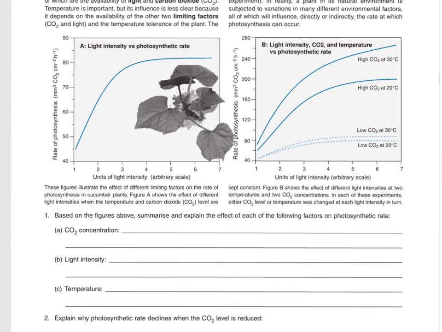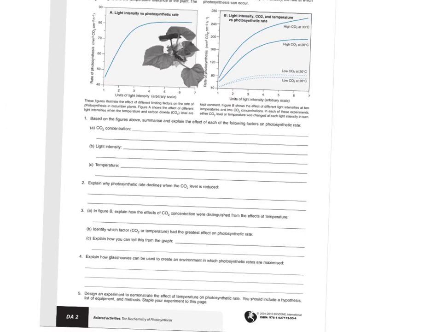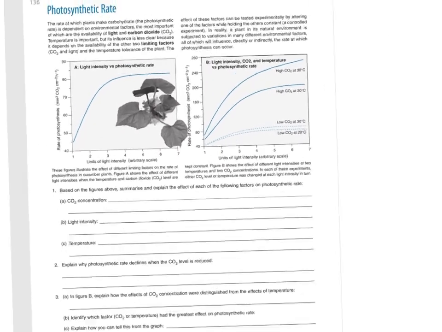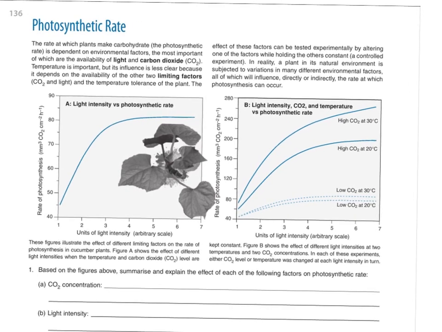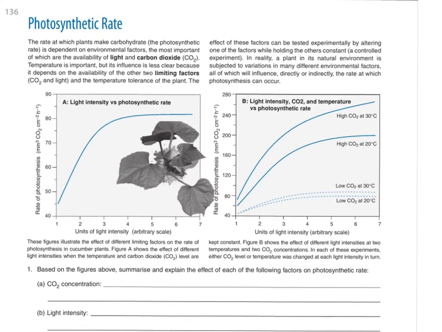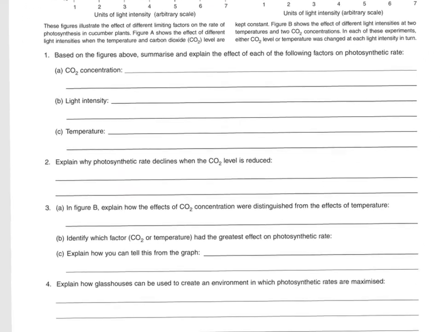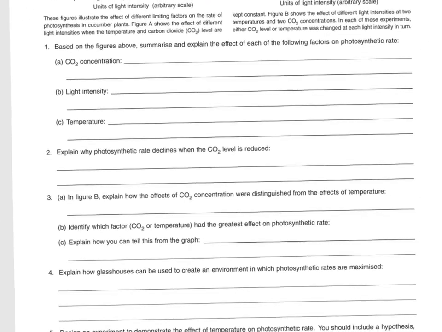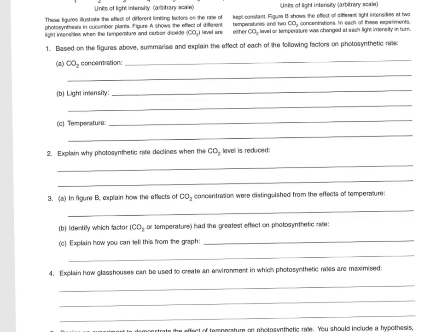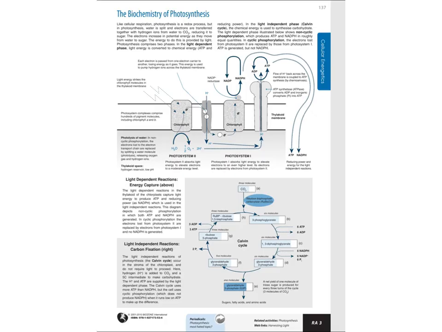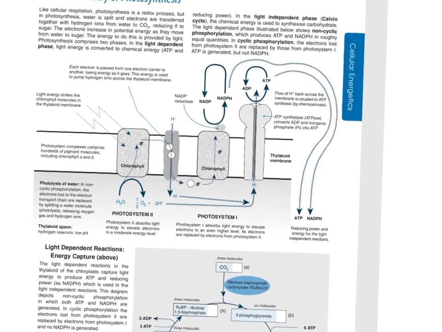So this is showing you the relationship between temperature, light intensity, and how much photosynthesis is occurring. You should be able to answer those questions. I'm not going to worry, but these are the kinds of charts you're going to see on the test on Monday. So be able to read them, be able to answer questions like these here. Of course, your questions on Monday will be multiple choice. All right, so let's take a look at it.